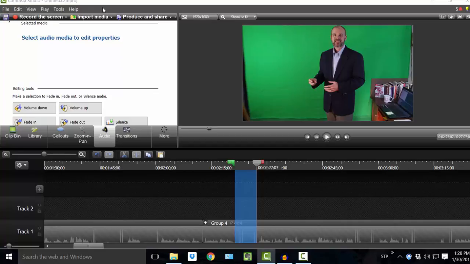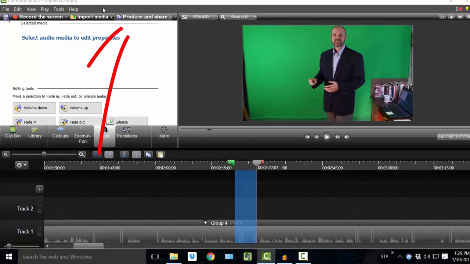After you cut each section, go up here and hit the save icon. That way you're saving your work as you go along, because Camtasia might shut down. If it shuts down, you're going to lose all the work that you've been working on. After you work your way all the way to the end of this video, make sure you save your project,